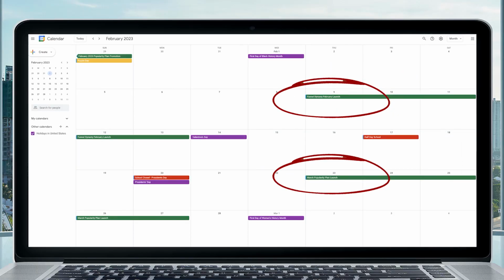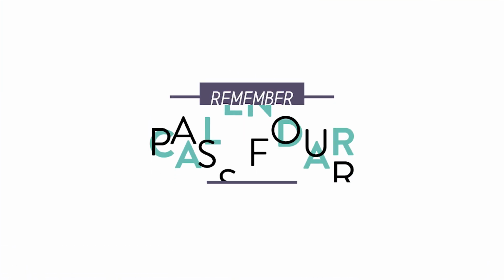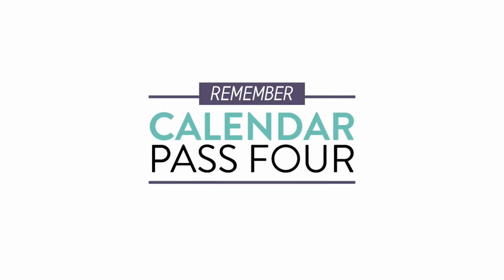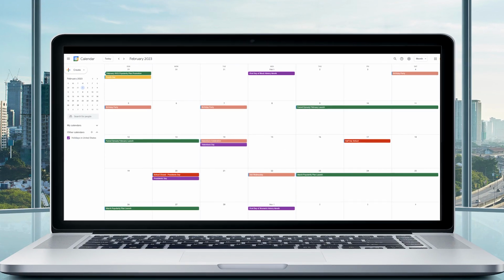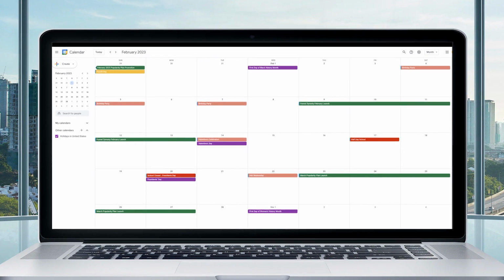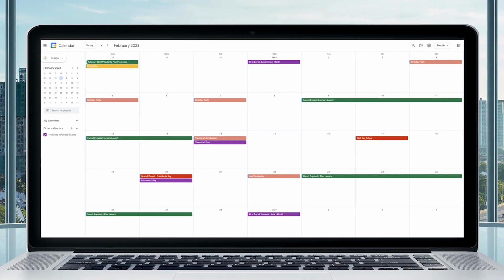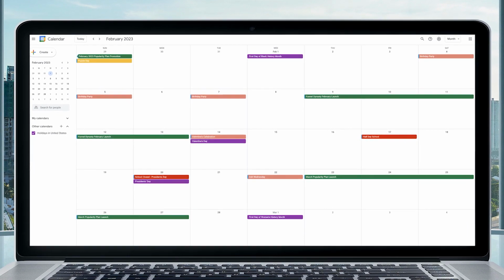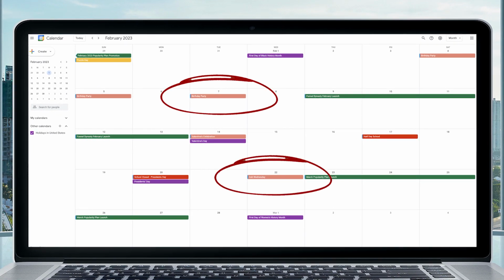On to calendar pass number 4 for February. Okay, calendar pass number 4 is simple. I want to make sure that I'm loading in any birthdays, birthday parties, anniversaries, special events, weddings, showers, days for religious observance, anything like that into my calendar,